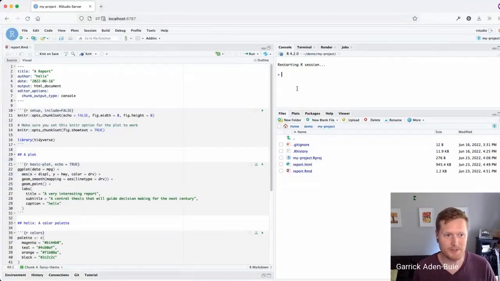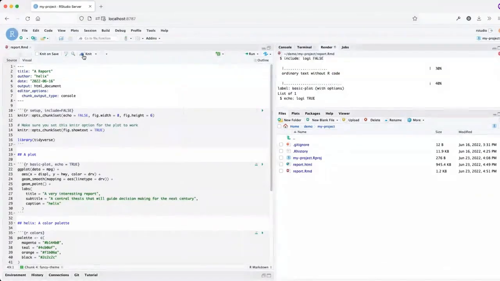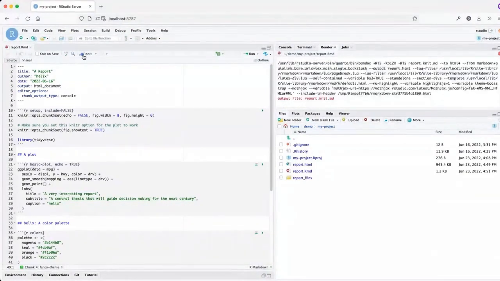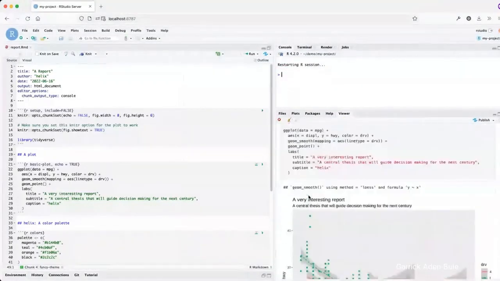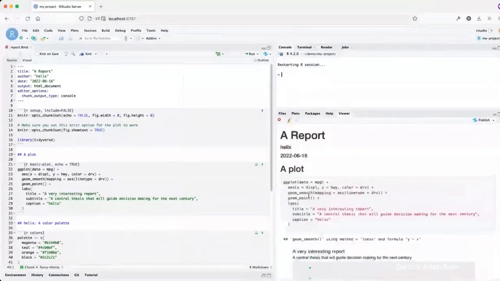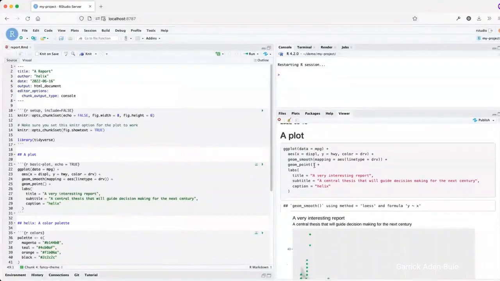So I have a project open here. I have a report, and I'm pretending that I work for a company called Helix. I used an AI name generator to come up with that one. This report is pretty basic. It creates a plot using data that's built into ggplot, and you'll probably recognize it from the R for Data Science book. But here's the report, and you can imagine there's lots of other things in this report, but the key thing here that's going to catch someone's eye is this plot.